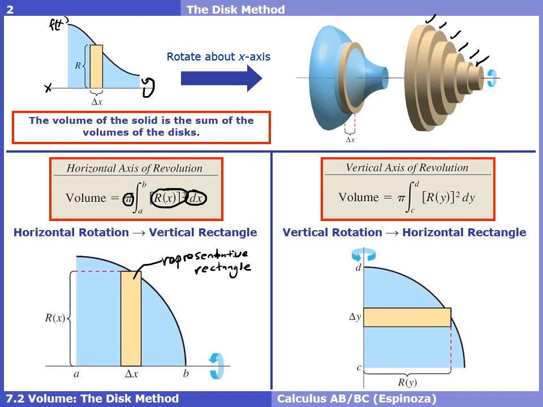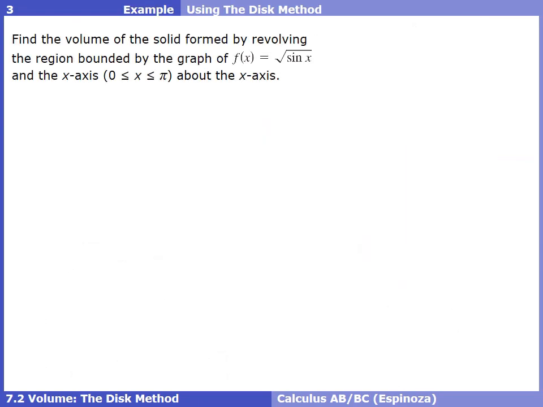So same exact formula, pi r squared times our little change, but now it's a change in terms of y, which means the radius needs to be in terms of y. So hopefully this will serve as a nice overview for looking back at attempting these problems, but ultimately looking at some examples of how this works is where we're going to go from here on out. Okay, so